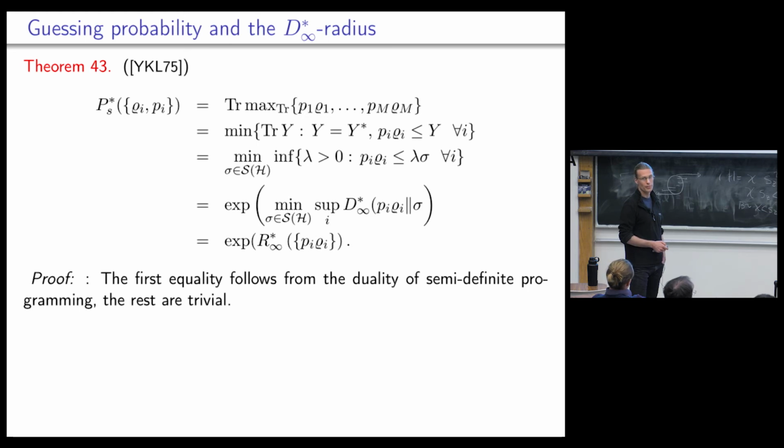of operators. So again, we have this very practical problem of communication, single-shot communication. We want to optimize the success probability. And it turns out that this can be expressed explicitly as the infinity star radius of this set of weighted